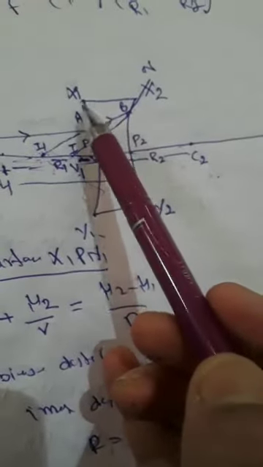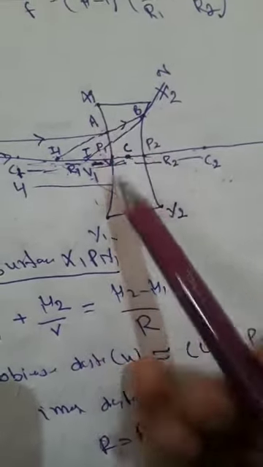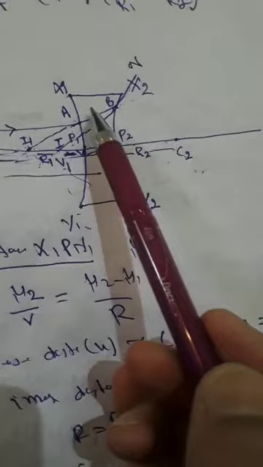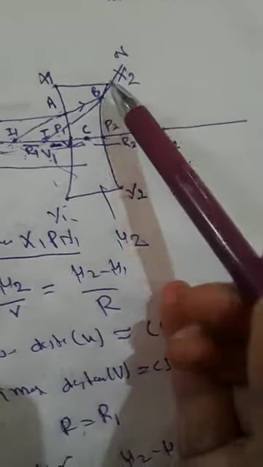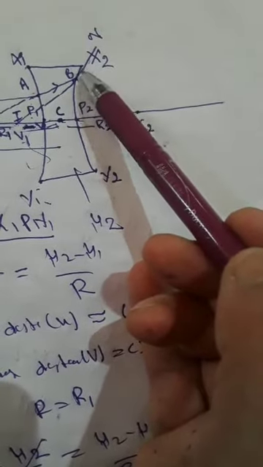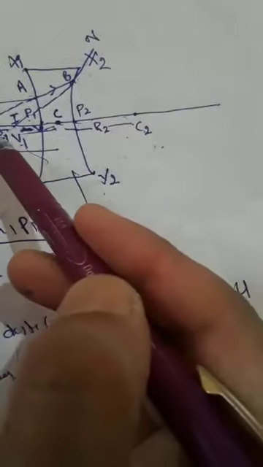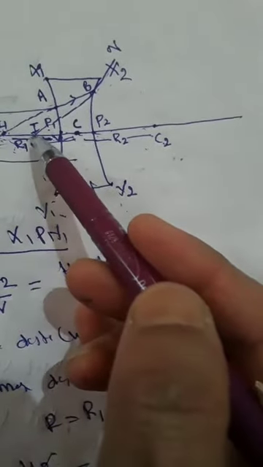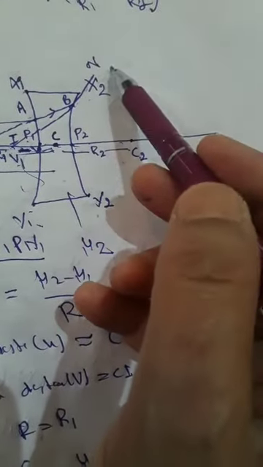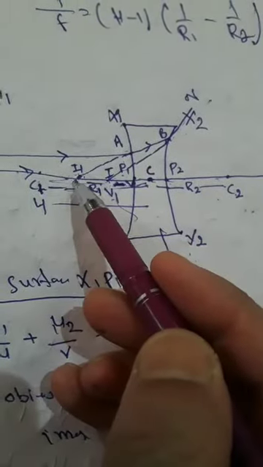When refraction takes place from surface x p1 y, we know that this I1 is formed when we consider the material as continuous, but it is not continuous. The ray of light emerges out here. For this purpose, when refraction takes place from x p2 y2, we consider this I1 as an object whose image is formed at I. This I is the final image, the virtual image of the object O. The lens material is not continuous, so the ray gets further refracted. For this image, we consider I1 as the object.